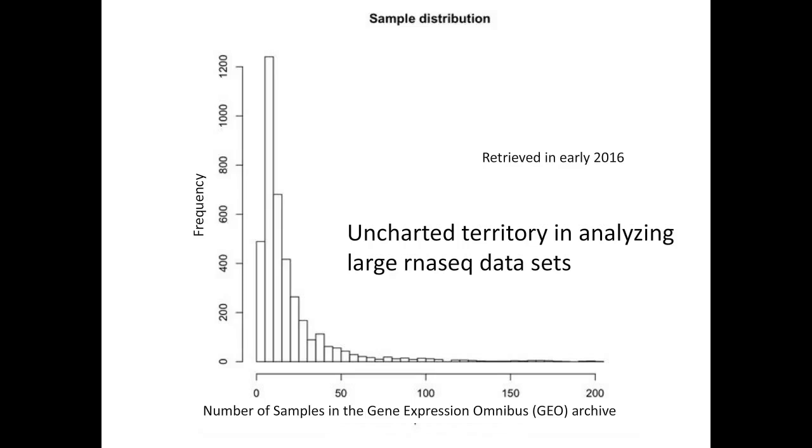And the majority of data sets in GEO have less than 50 samples. Now we have this GTEx cohort that has 9,500 or so samples. And a lot of the methods that have been developed for analyzing transcriptomic data have been developed with these sample sizes in mind. So it begged